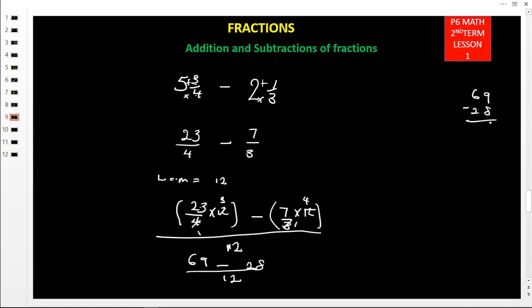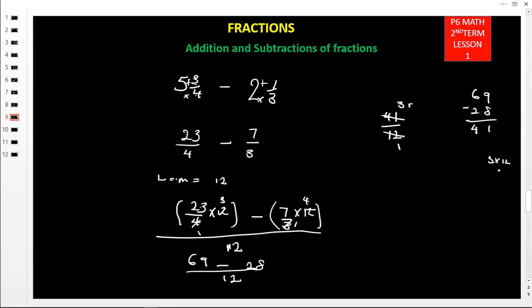So 9 take away 8, that is a 1. 6 take away 2, that is a 4. Then we come up with now 41 out of 12. How many 12s are in 41? Because this is an improper fraction, so we have 3 12 remainder, because